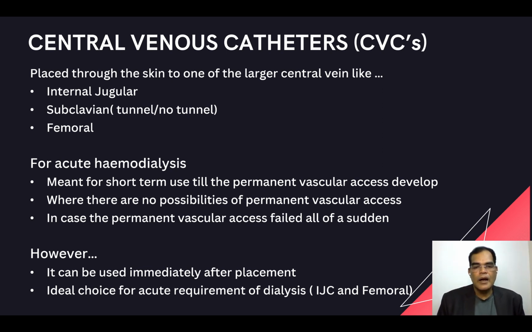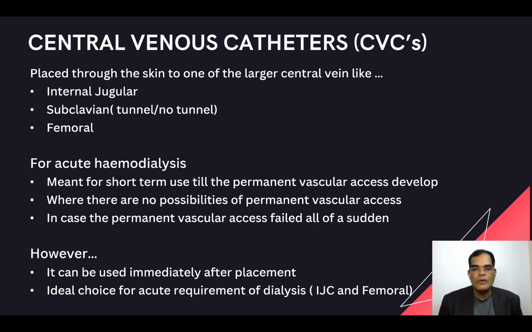All of a sudden, maybe because of ESRD or CKD, their GFR must have reduced to a larger extent, or they may be in pulmonary edema or metabolic acidosis or hyperkalemia. They may all of a sudden require dialysis, where central venous catheters, especially jugular, will be of great use. Again, this is meant for short-term use, till, if they are on CKD and require longer dialysis,